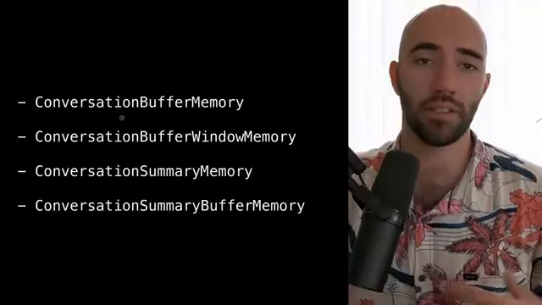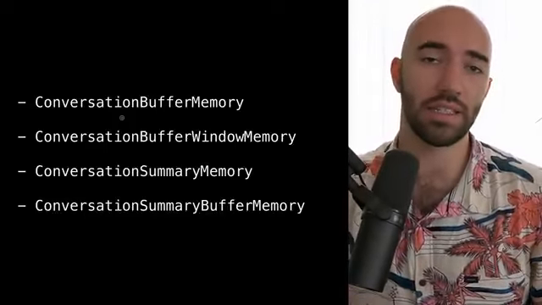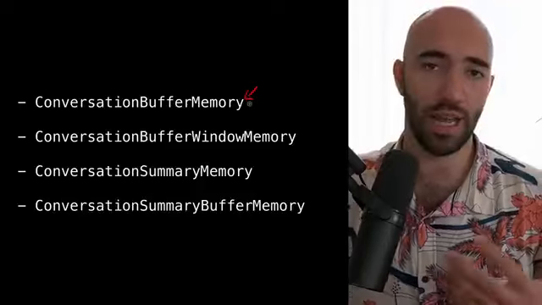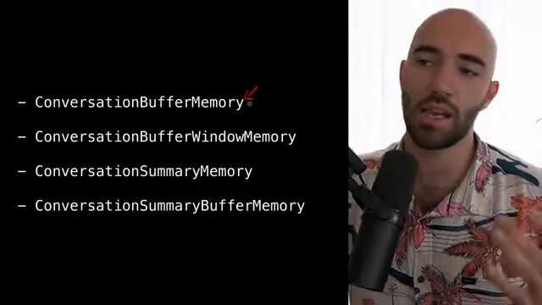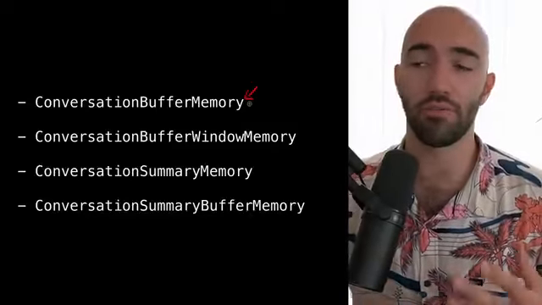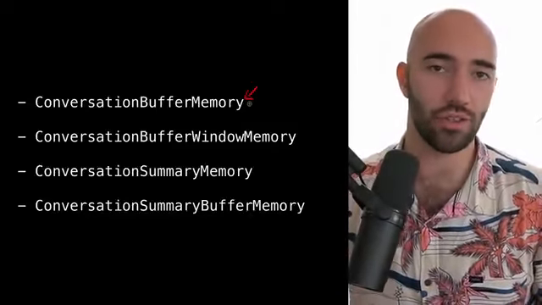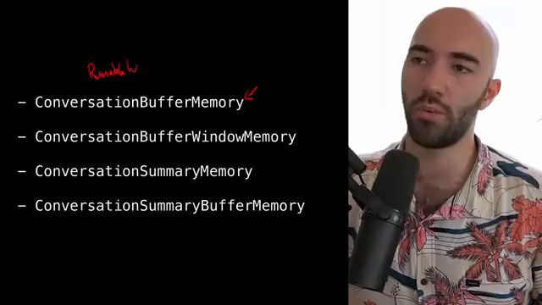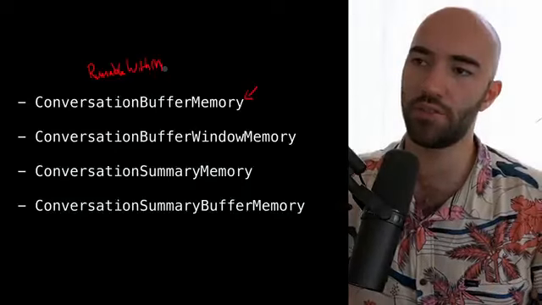And depending on the type of conversation, we might want to go with various approaches to how we remember those interactions within a conversation. Now, throughout this chapter, we're going to be focusing on these 4 memory types. We'll be referring to these, and I'll be showing you how each one of these works. But what we're really focusing on is rewriting these for the latest version of LangChain using what's called the runnable with message